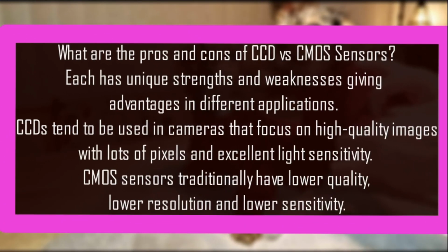I'm going to show you photographs throughout this video of the street photographs I took just yesterday here in New York. And the best part is that not only does it have a CCD sensor, which is, in my opinion, better than a CMOS sensor, which is what they use in all modern cameras for this reason. But this camera was